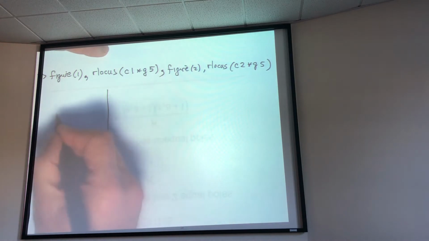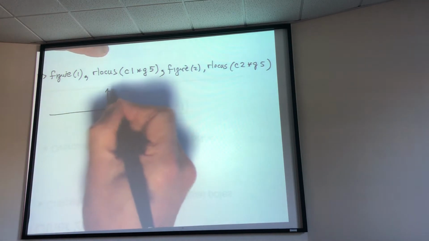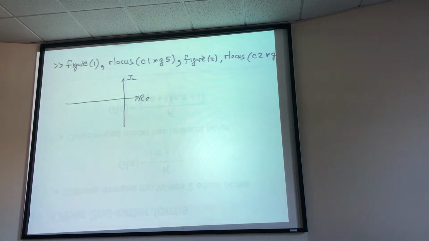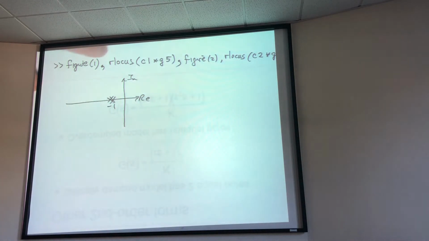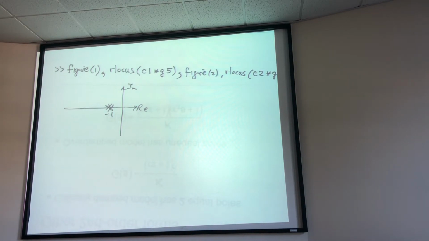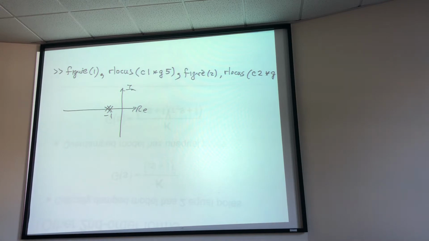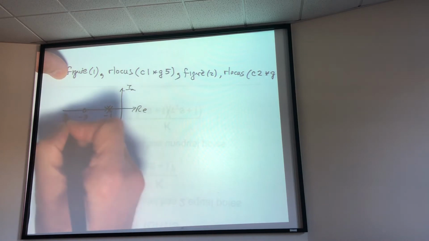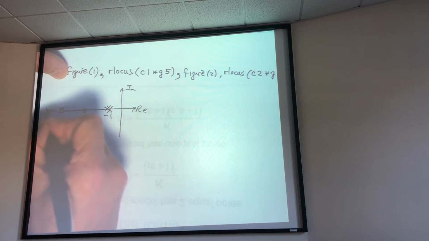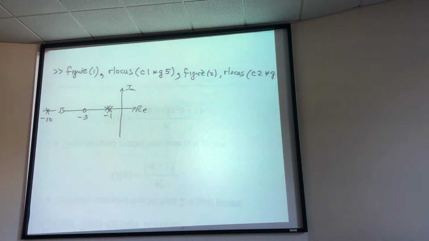In one window, let's plot the open loop poles and zeros. We've got those are the plant poles, G5 poles. It has no zeros. But then we added a lead. And the lead we added was at -3. And way out here at -10. Okay. And this picture is going to look like,